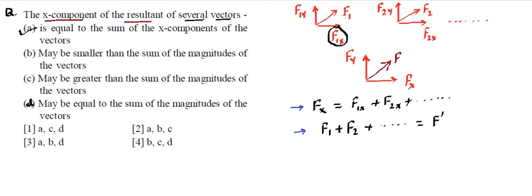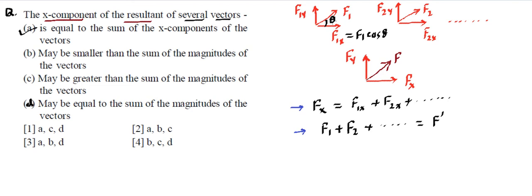Why? Because if this angle is theta, this component will be written as F1 cos theta, and this component will become F1 sin theta. We know cos theta and sin theta are numbers less than 1. So F1 has to be multiplied by a number which is less than 1. That means this number will be less than F1. So from here we can remember the point that the component of a vector is always less than or equal to the vector itself. That means the component of a vector cannot be more than the vector itself.